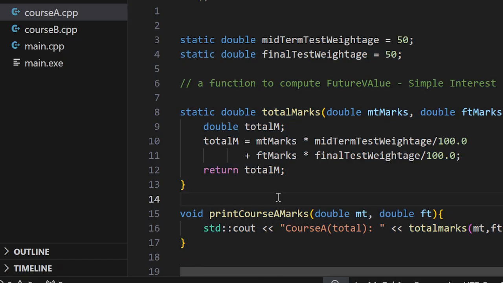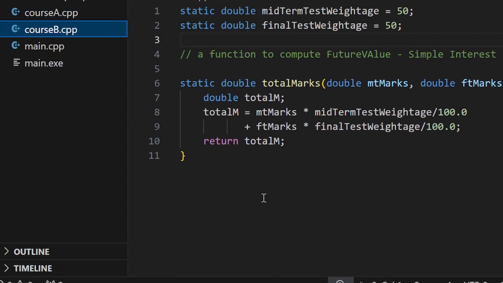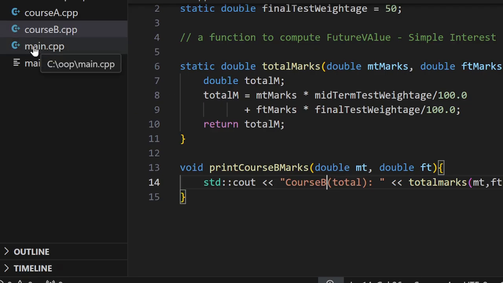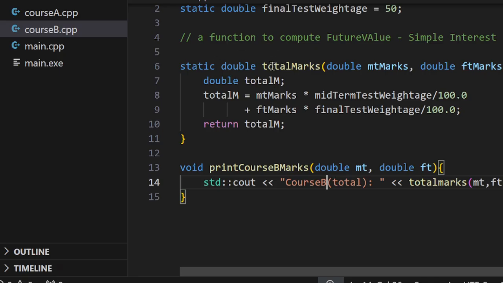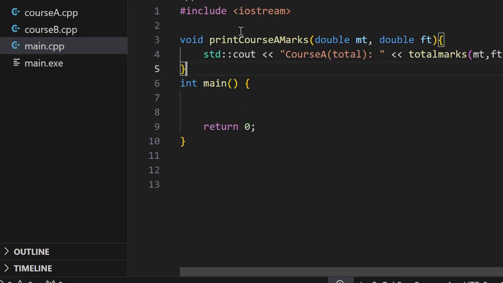Similarly, I can have a similar function in another module to compute the marks for course B, I mean print marks for course B. So with this we can make use of these functions from the main.cpp file to execute this total marks function in two different modules. So here let me put the prototype of this function,